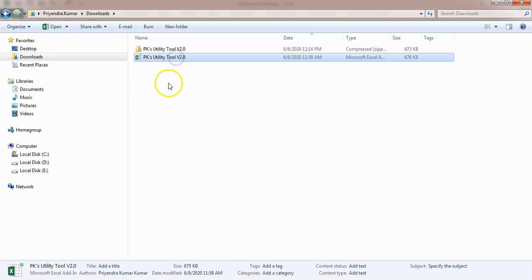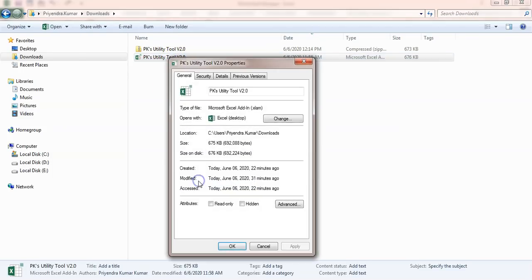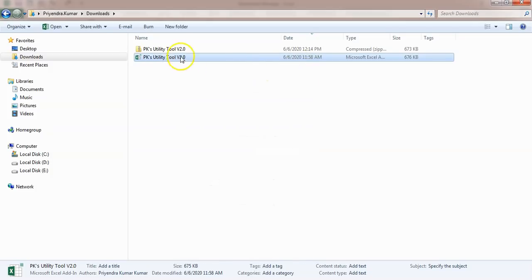So this is the add-in file. Now simply right click on it and go to Properties, and once you download it from the website you may get an Unblock button here. You just need to click on Unblock and then simply copy this file.